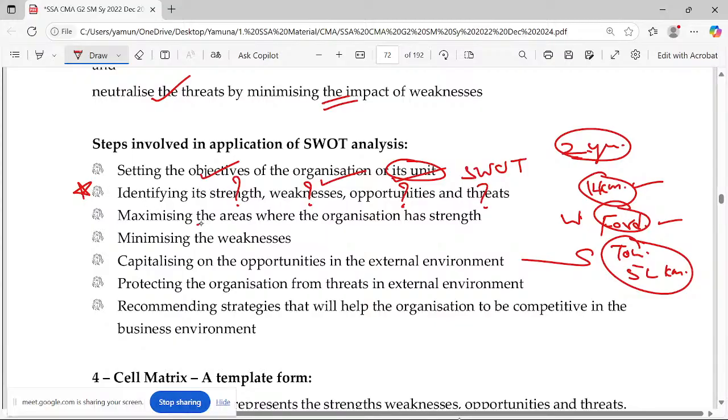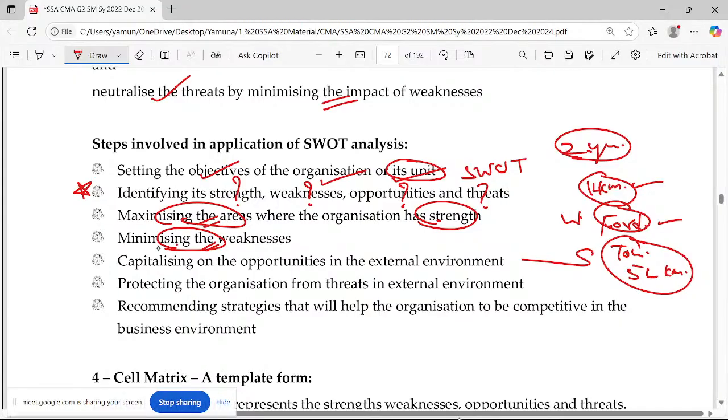Okay. So you maximize the area where the organization has the strength and you minimize the weakness. Probably you may have an employee base which the other organization may not have. I cannot use that employee base. So I may be thinking this is my strength, but after 2 or 3 years, if that strength is not with me, I'm not going to sustain the income. So it's not possible, right? So I need to maximize it, even though that is my strength. If it is a weakness, we cannot take this project. Don't lose your mind. You have to minimize the weakness.